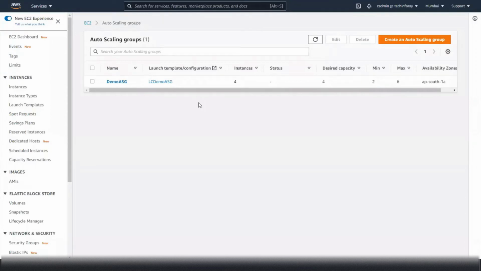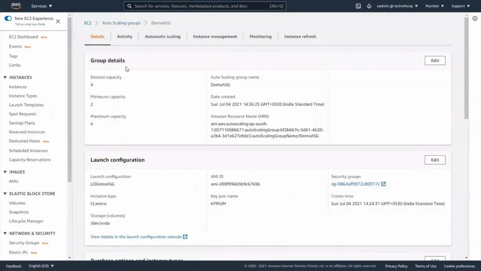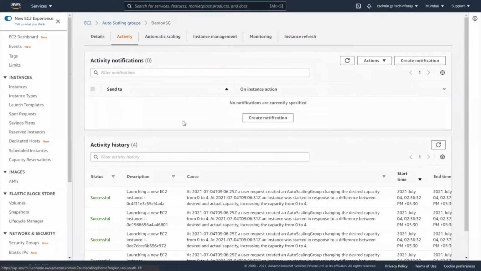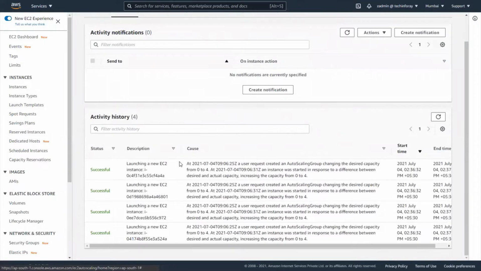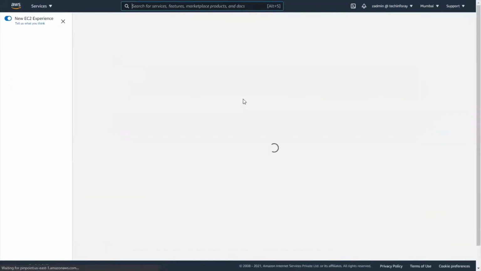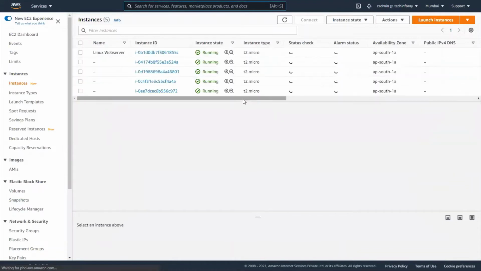Our auto scaling group is getting created, and if we go to the demo ASG group and go to activities, as per our desired capacity it has created the machines and is launching EC2 machines as per our web server. If we go to instances, you can see these are the 4 machines that are getting initialized.